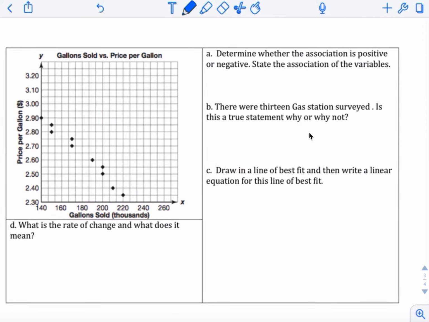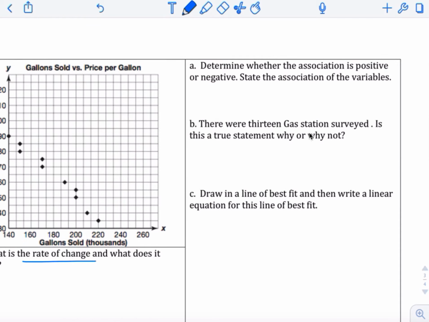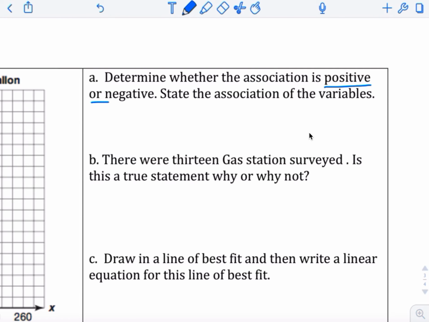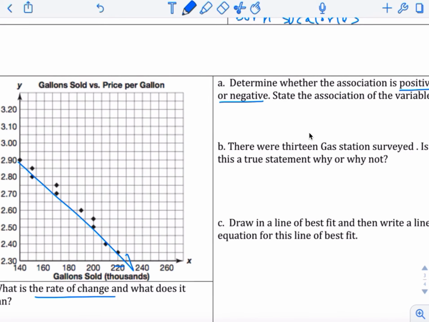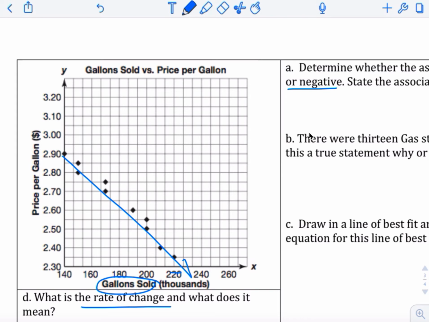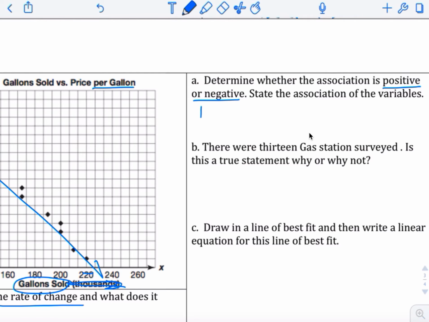Right here, what is the rate of change and what does it mean? That's D. Determine the association. Is it positive or negative? Definitely negative, going down. State the association of the variables. Gallons of gas sold increase, price per gallon. As gallons sold increase, the price goes down. Okay, it's a negative